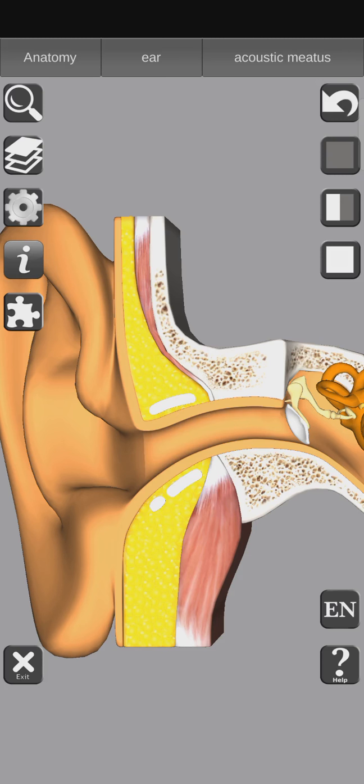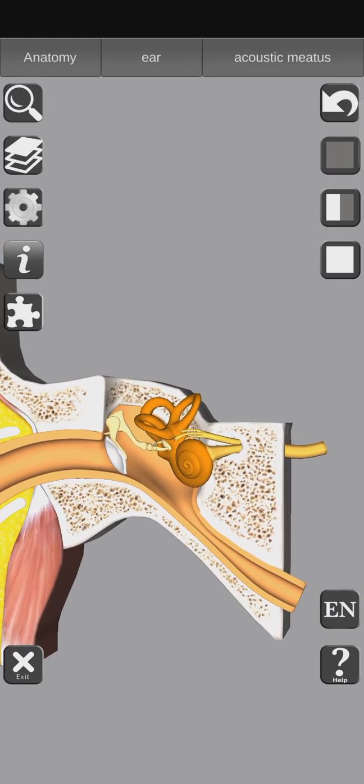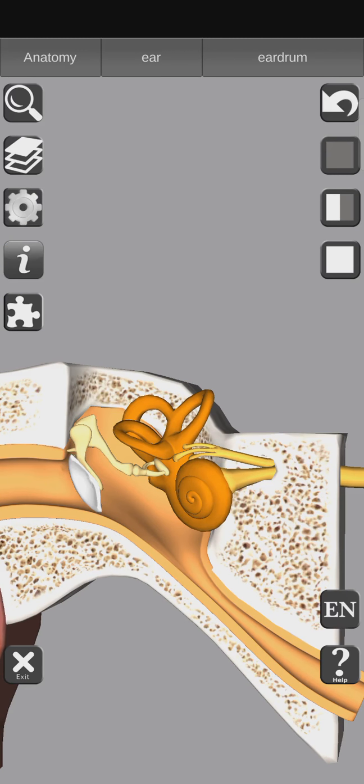inner ear. Now, coming to the middle ear, it comprises basically the tympanum, that is the eardrum. This is the drum which vibrates when the vibrations hit it. We have three ear ossicles. Ear ossicles means the bones: the malleus, the incus, and in the last we have the stapes. This is the tympanic cavity or the middle ear cavity, and that's the auditory tube or the eustachian tube, which connects the middle ear with the oropharynx, the basic part of the pharynx.